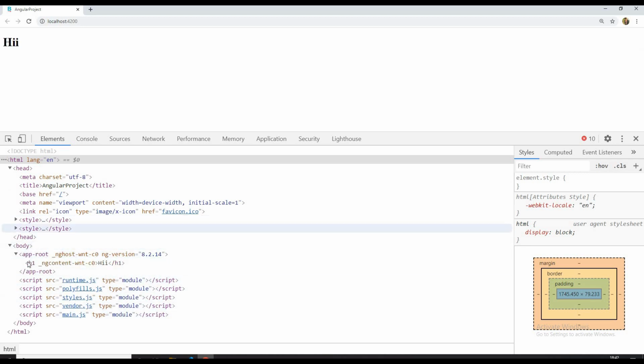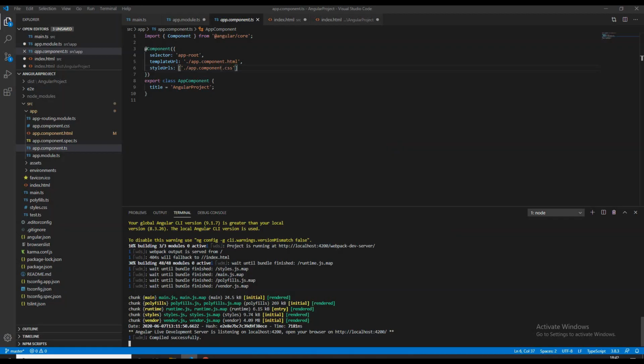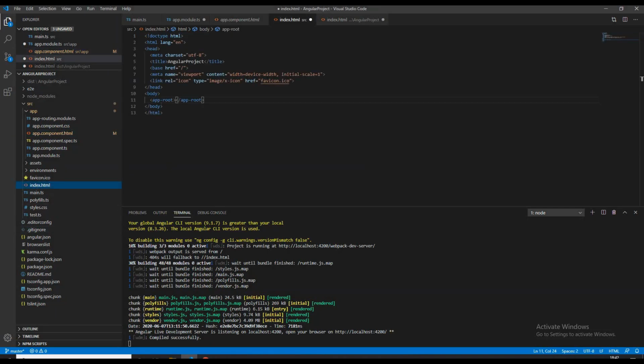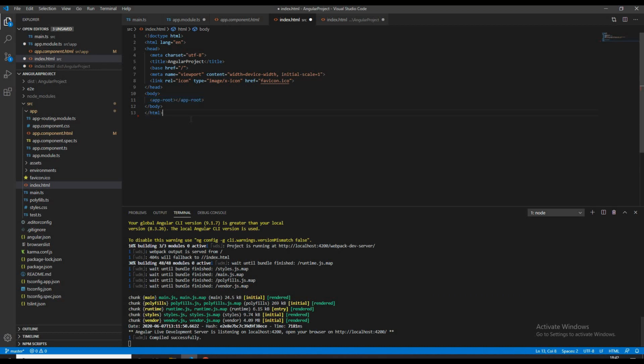If we open this, we have hi with an h1 tag. It is the code of our app component. So we are calling our app component from index.html using the app component selector called app-root. So here in this place, app component is rendered. There may be one more question which arises now.